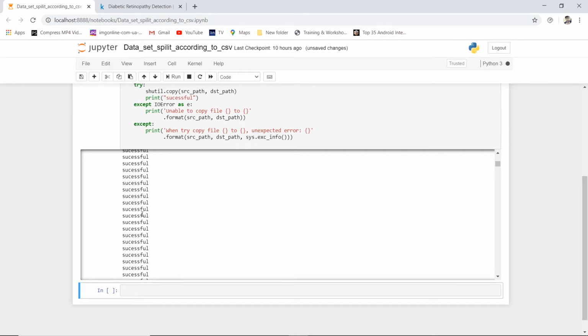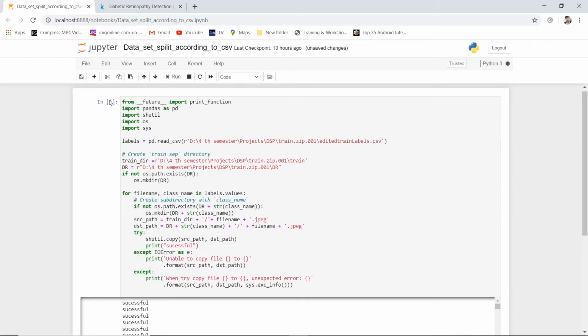So you wait until the star is gone. That means executing. So you can see here also. Now I will fast forward it, and we will meet at the end. I will show how all the folders are divided. So this is the magic code, which you need not worry about how to divide manually, because initially we also divided manually, so it took a lot of time. So we found this code on the internet. By making some changes, we are able to divide.